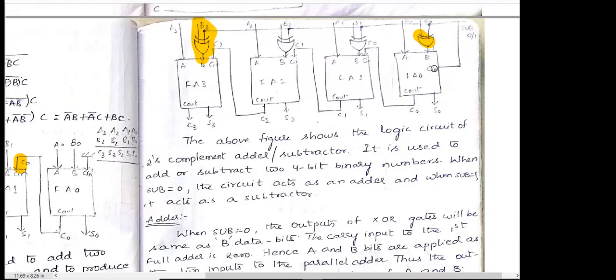That is, it is performing the 1's complement of B and 1 is added as carry. Therefore, 1's complement plus 1 is nothing but 2's complement. Therefore, it is performing the 2's complement subtraction, and the circuit is entirely performing the addition and 2's complement subtraction. Okay, it is performing the addition of A with B and the subtraction of A with B by using 2's complement subtraction. And if there is a doubt, we have to identify the operation of the exclusive OR.